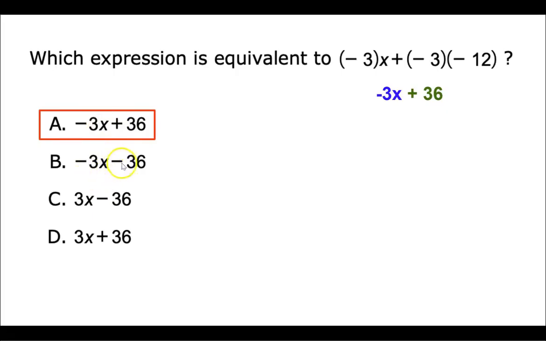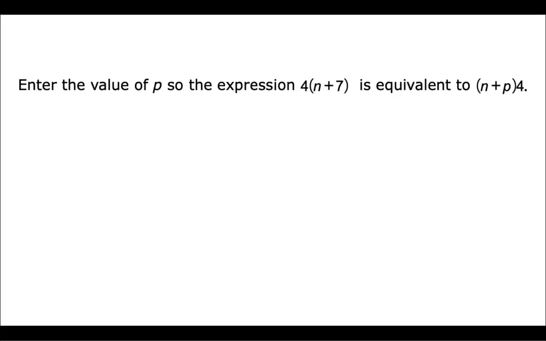Choice B is wrong because it has a minus 36. You need a plus 36. Choice C is wrong because it has a positive 3x. You need a negative 3x. And choice D is wrong because you have a positive 3x. You need a negative 3x. So, those are the reasons why only choice A is the correct answer. Here's the next problem. Enter the value of P so the expression 4 times, within the parentheses, n plus 7